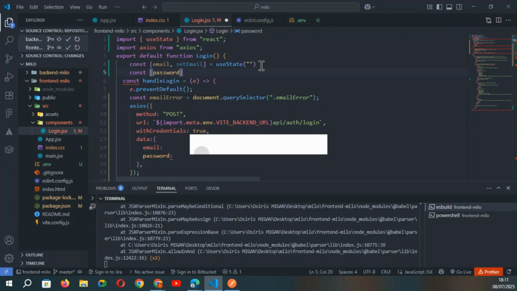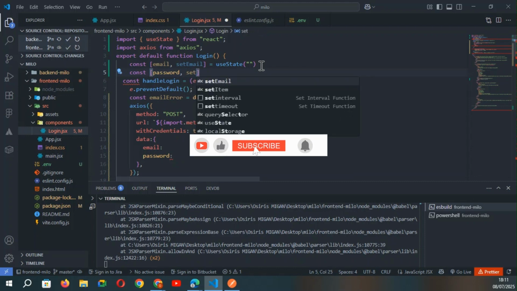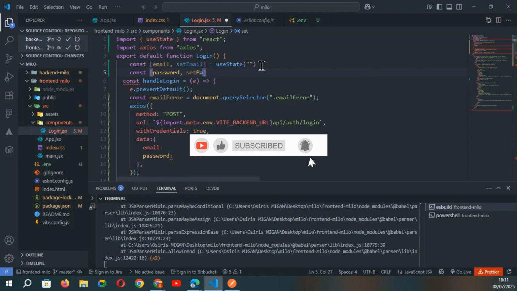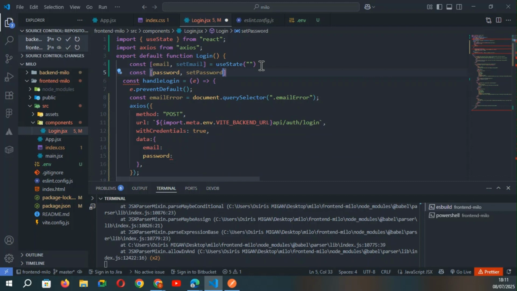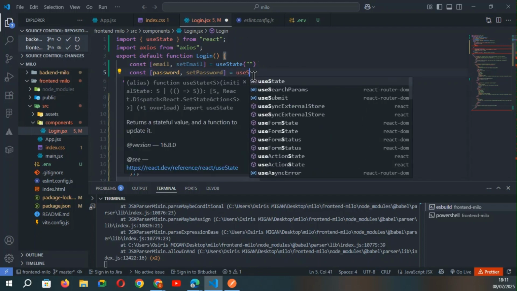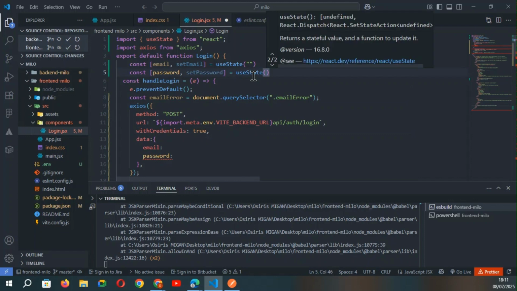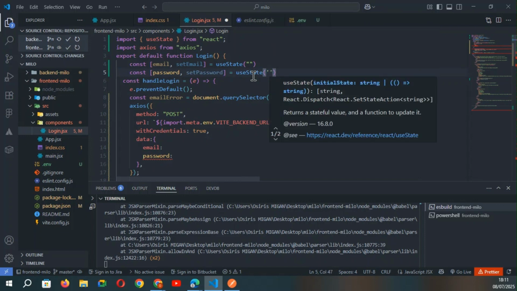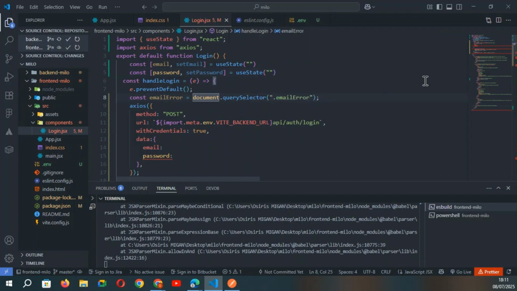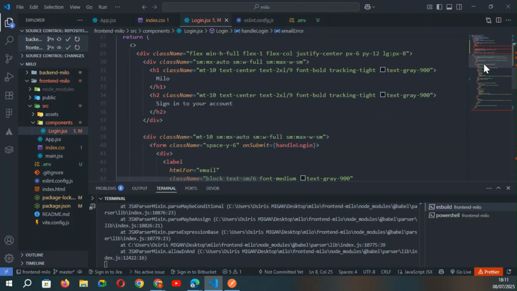So password, setPassword, useState. Okay, so